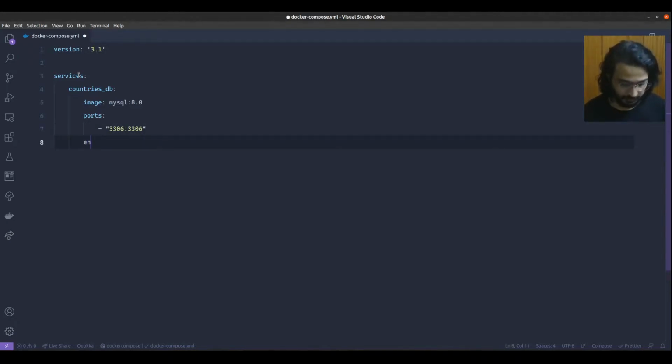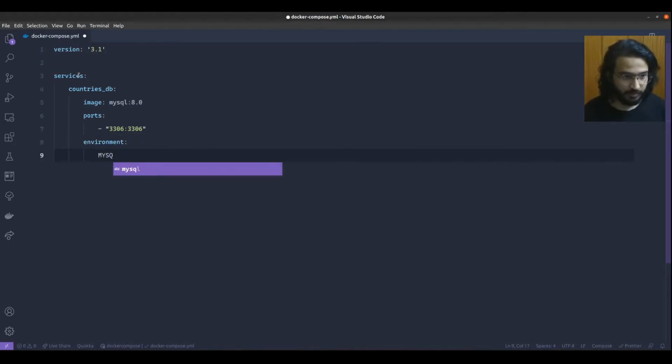So I need the MySQL image. Latest one is 8.0, I think. And what else? I need to expose the port from the container to my host. So that's that. I also need to pass in some environment variables, mainly the MySQL root password,